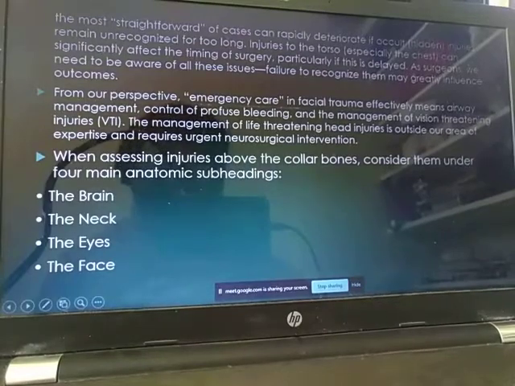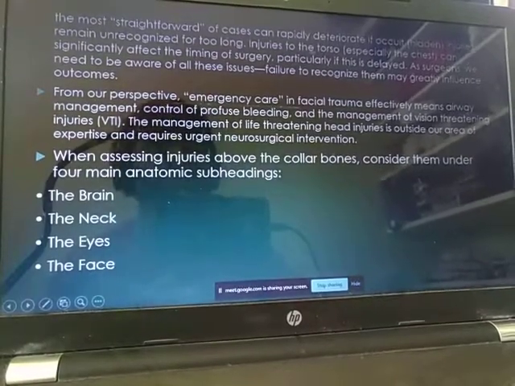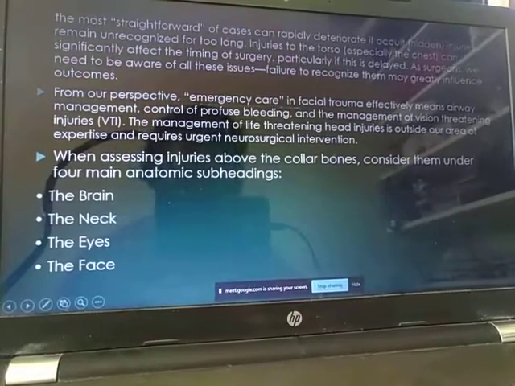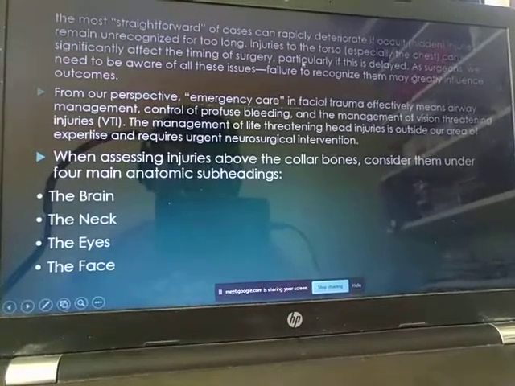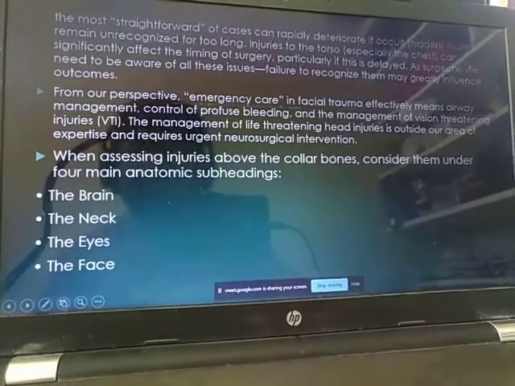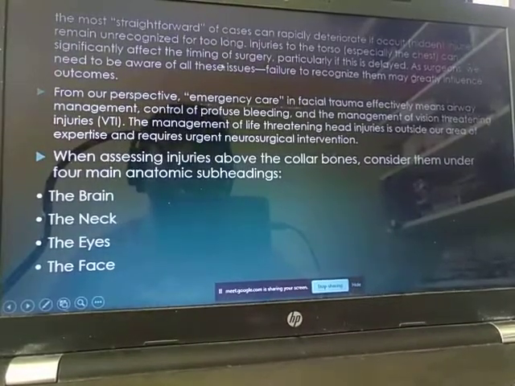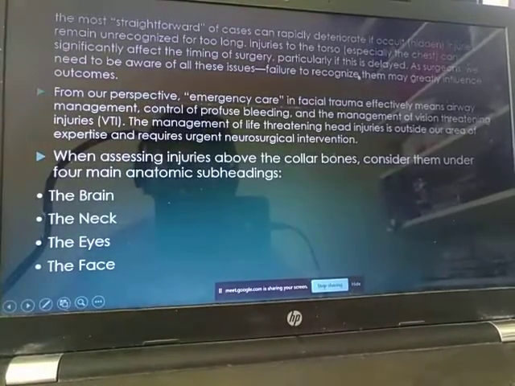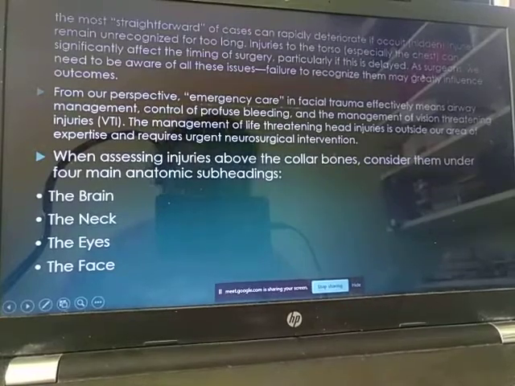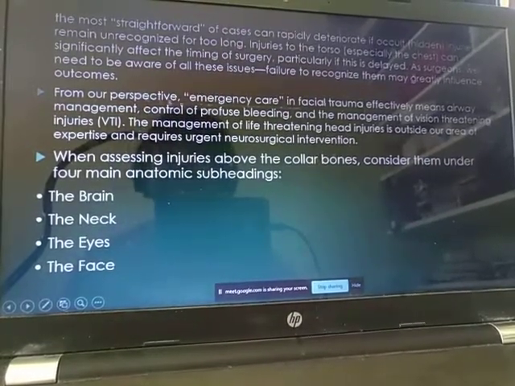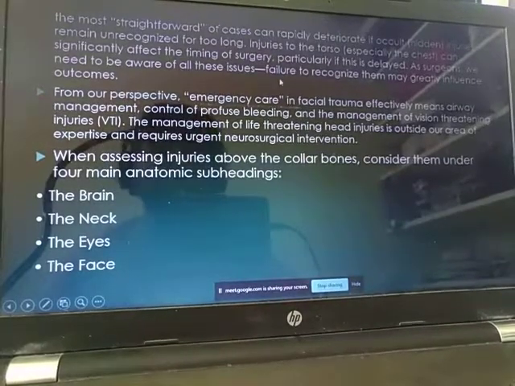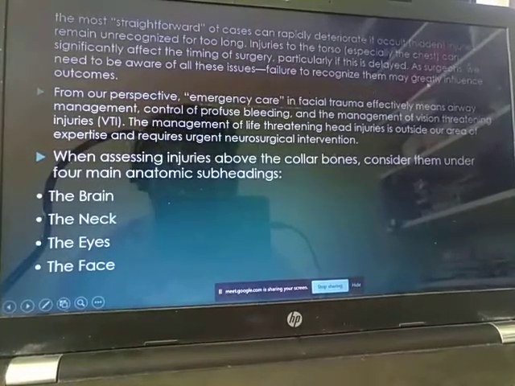The most straightforward or simple cases also can rapidly deteriorate if occult, that is, hidden injuries remain unrecognized for too long. For example, injuries to the torso, especially to the chest, can significantly affect the timing of surgery, particularly if this is delayed because of the things that I had said, like flail chest, hemothorax, pneumothorax, all those things. As surgeons, we always need to be aware of these issues, and failure to recognize them may greatly influence the